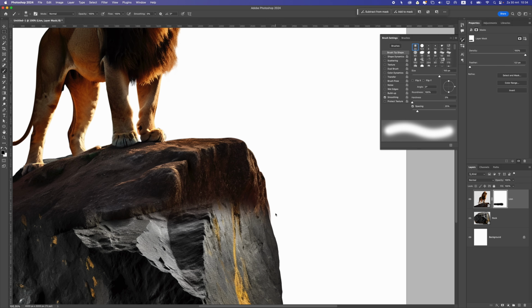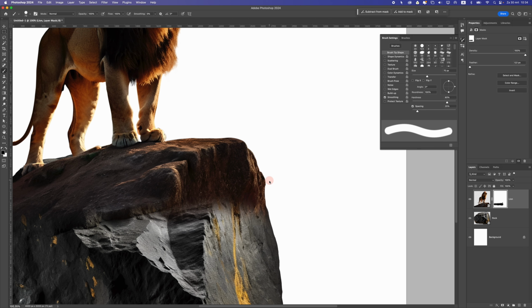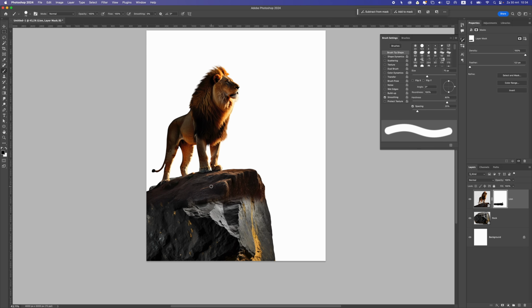Now you have to be a bit careful here. So I'm going to make the brush small and just make the hardness a bit harder like that. And then I'm going to make it something like that. That should be fine. Now the next thing we need to do is to make sure these colors match, because